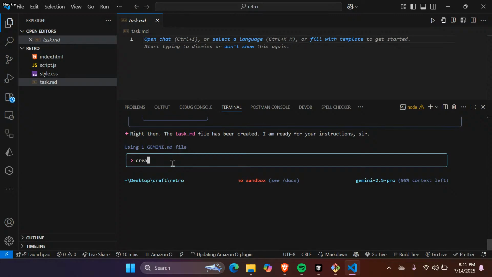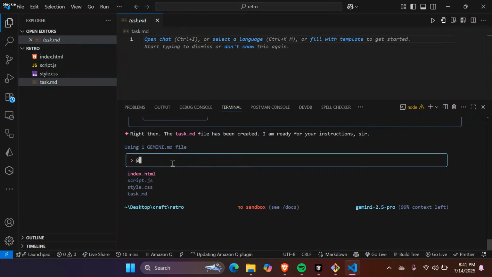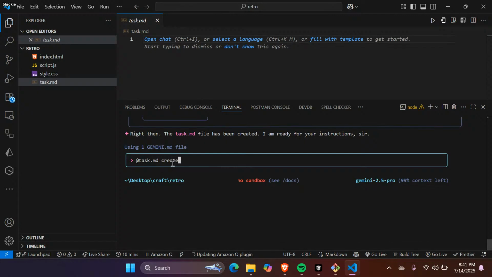Let's do this. Create a blueprint to create a better UI for the game.